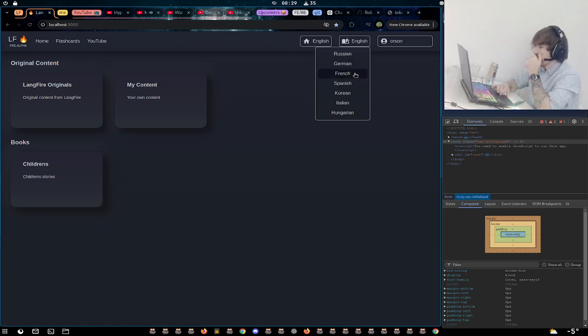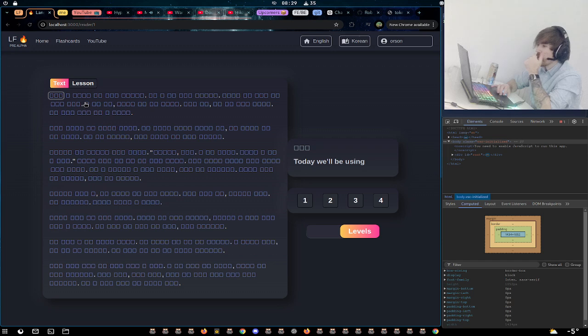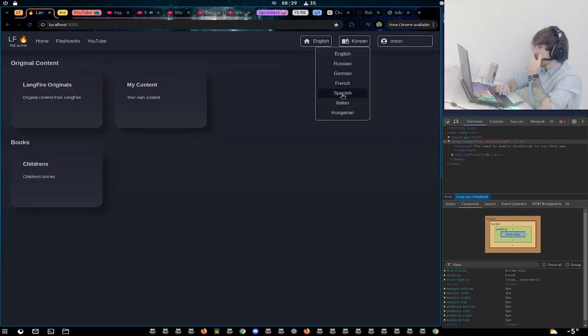English, Russian, German, French, Spanish, Korean, Italian, and Hungarian, currently. So if I go to an unusual one like Korean, go on short stories. Oh, I'm not rendering it properly on Arch. So on Arch, I need to add the characters to my character set to make that render. It would work. Let's try Hungarian.